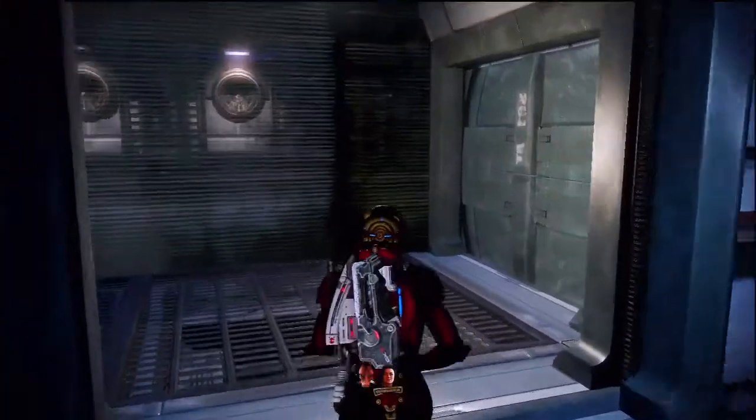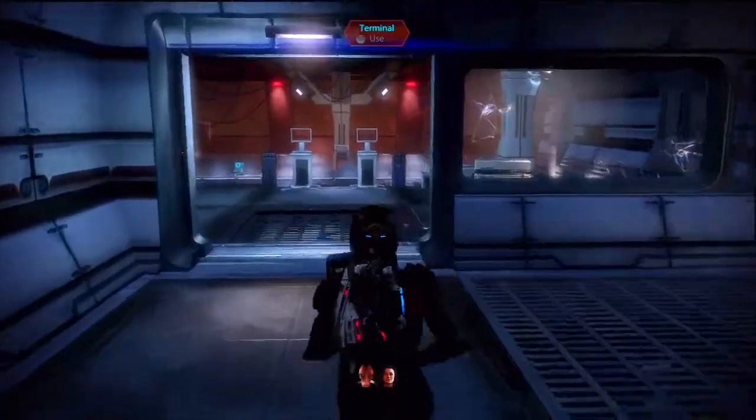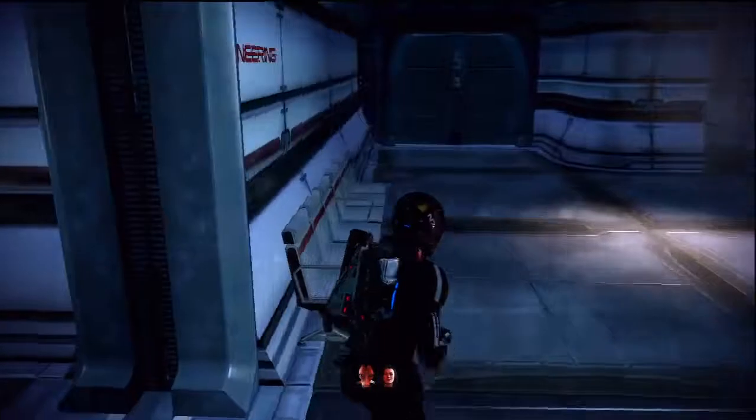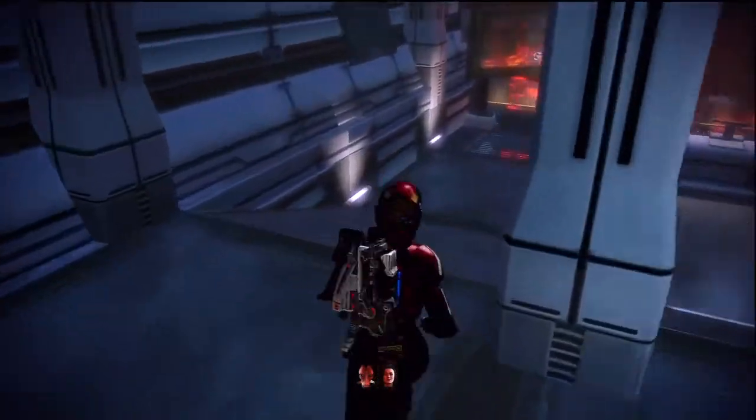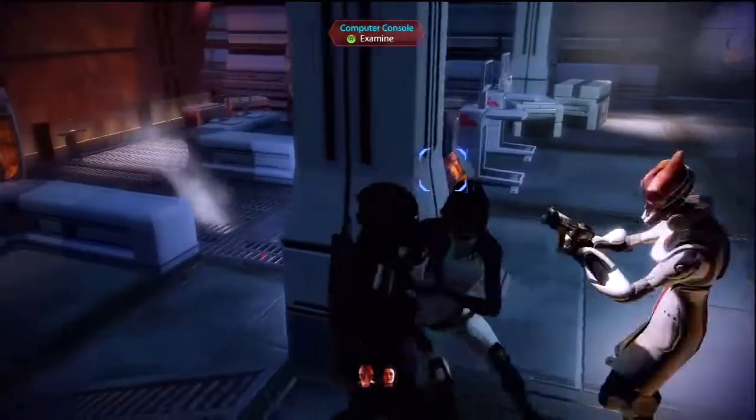If we come through here, that's a complete dead end. Well, apart from that bit, but that's a little later. Here, there's a few things we can look at. There's a computer console. Where is it? There we go. If we examine it...